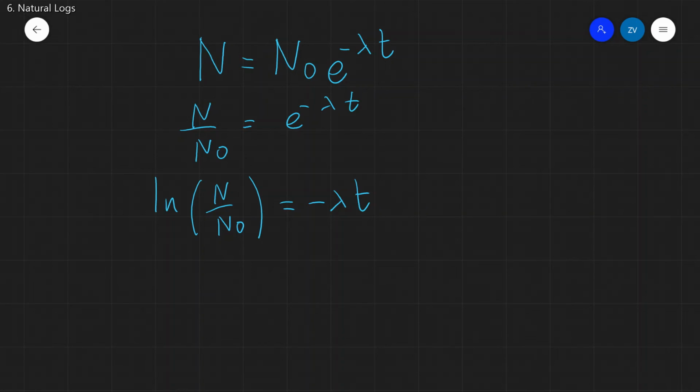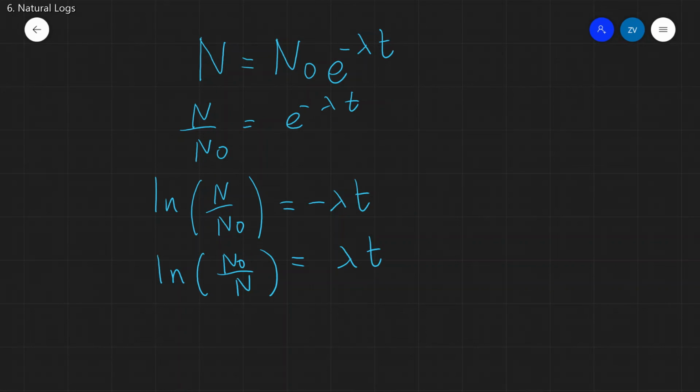Actually, just before that, let's multiply everything by -1. So this will then be equal to lambda t, and due to the properties of logs, if we were to multiply by -1, then we essentially flip the fraction. So this will be equal to ln of n naught over n